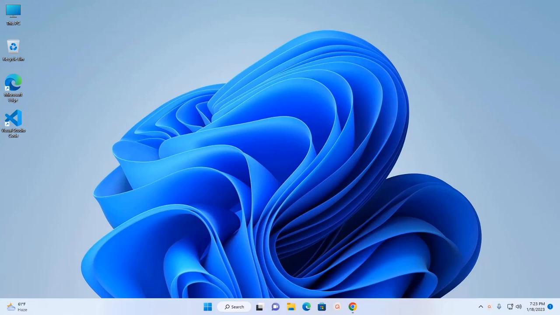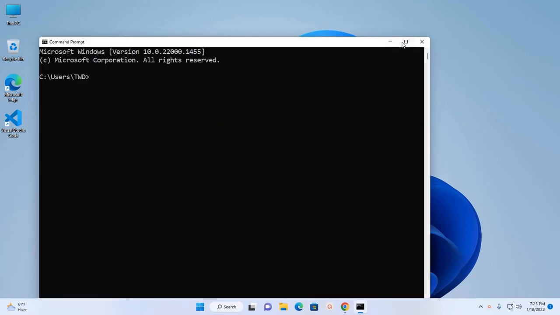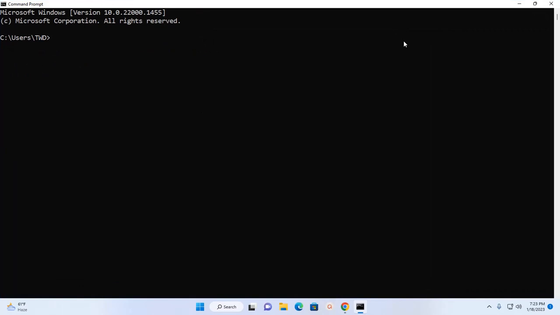At first, ensure that you already have installed Python 3.11 or later on your system. I already have it installed on my machine. I'm going to verify this using this command. If you don't have it installed on your system, you will find a link in the video description on how to install